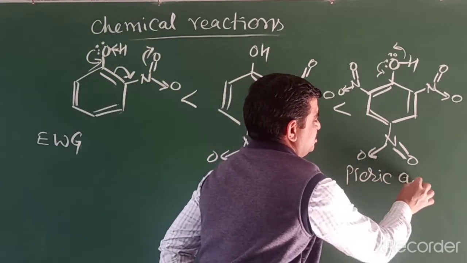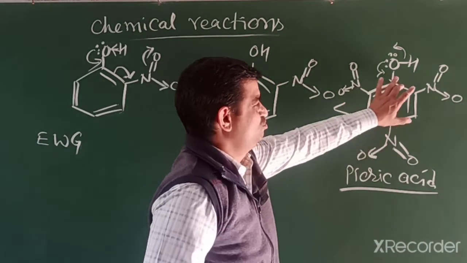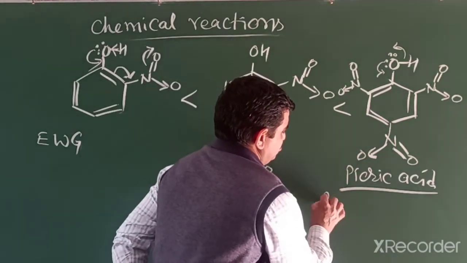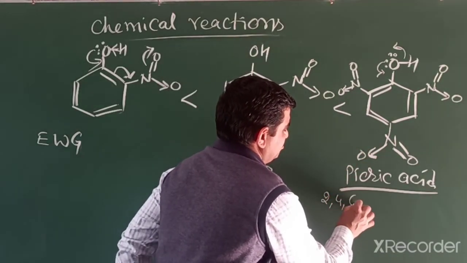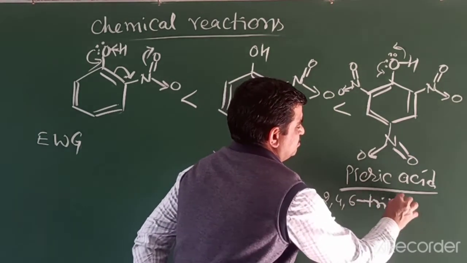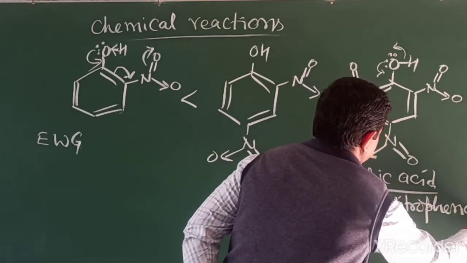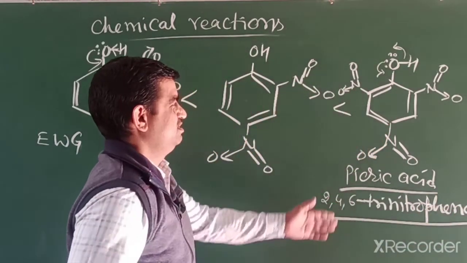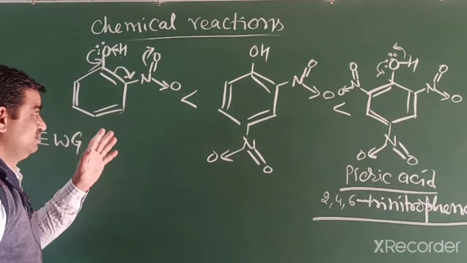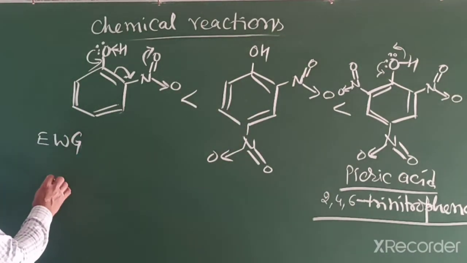Picric acid behaves as an acid, although it is a phenol, 2,4,6-trinitrophenol. It is a very strong acid due to three electron withdrawing groups, two at the ortho positions and one at para. Now, if any donating group is attached,